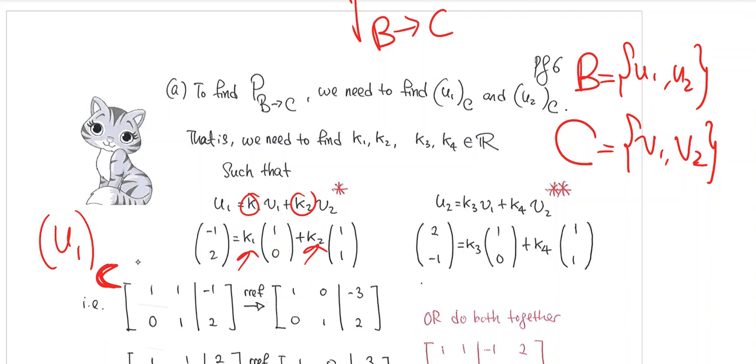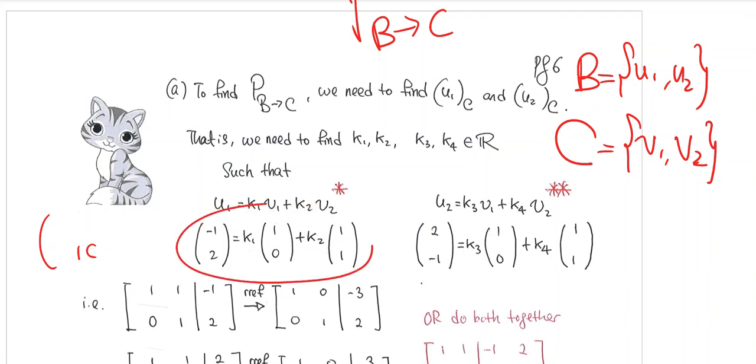Why? Because that is exactly the definition of coordinates with respect to basis C. Write the vectors here, which are in C, and try to find the coefficients. After you find the coefficients, they go here and here. So this means solving this system will give you